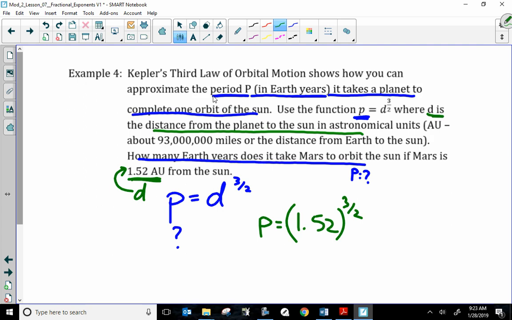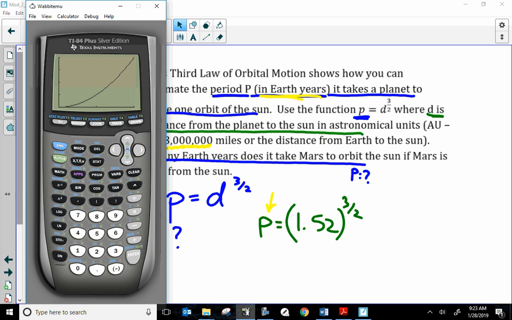I mean, the only reason I think they would give you this information right here is if they wanted you to convert it to miles afterward. Okay, they don't. Okay, how many Earth years does Mars take to orbit the sun? You're going to find out what P is, and P is in Earth years. So we're good to go. So all you need to do